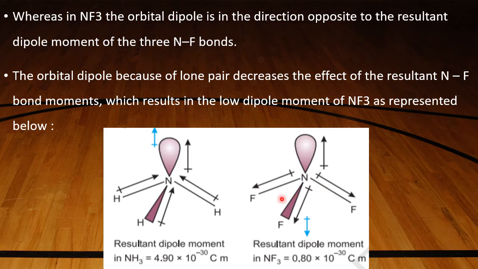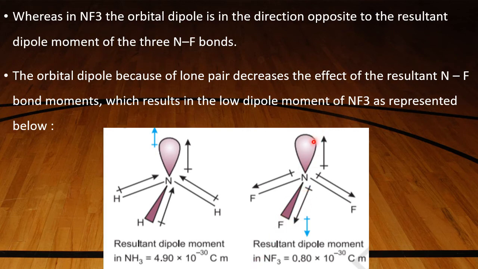Now you see the pull. Here the pull is towards fluorine. 3 NF bonds are there. So one pull is this side, and this is a free electron pair. I told you the free electron pair will create a problem. So this one pulls this side, and these three want to pull this side. Resultant is what? Whatever pull is on this side is cancelled by this side.